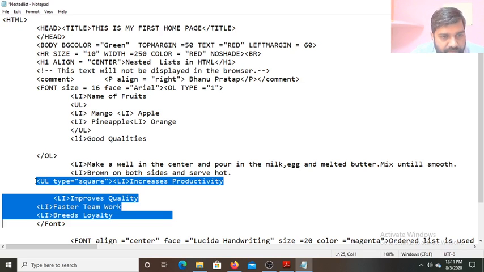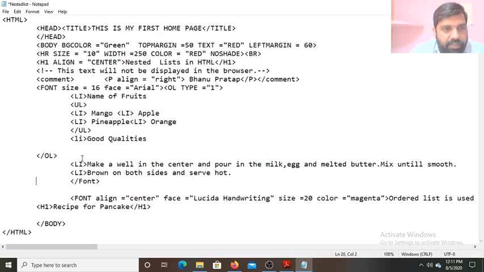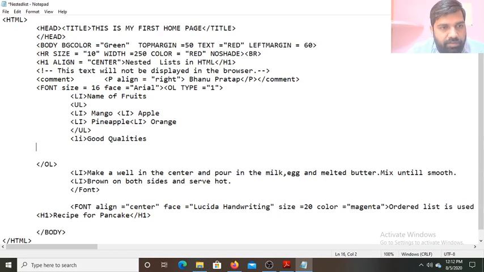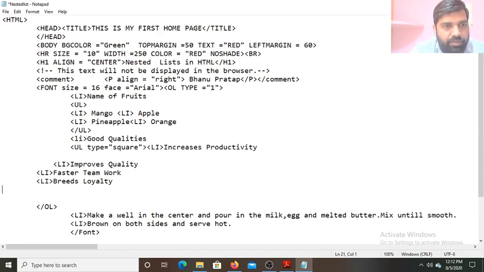This UL we will cut and paste here. Now see, this UL is not closed, so let us close it. Now this UL is closed, and this UL is also closed.